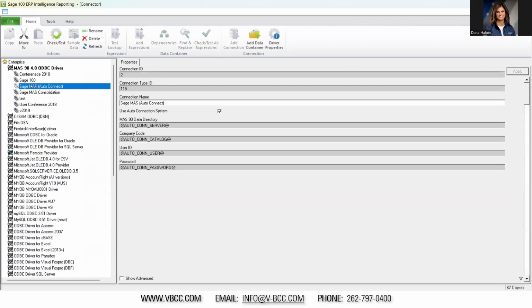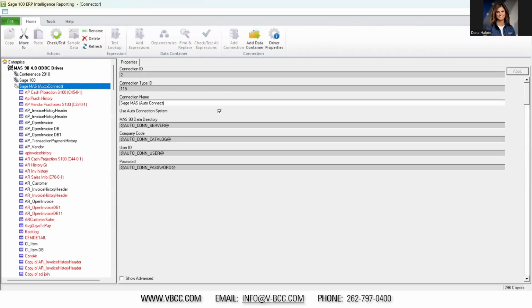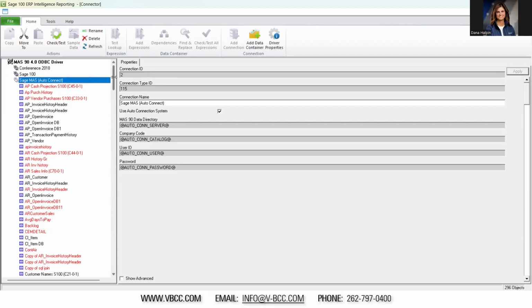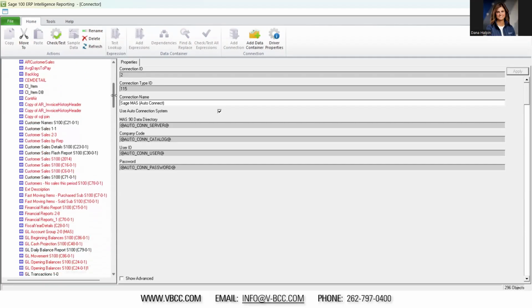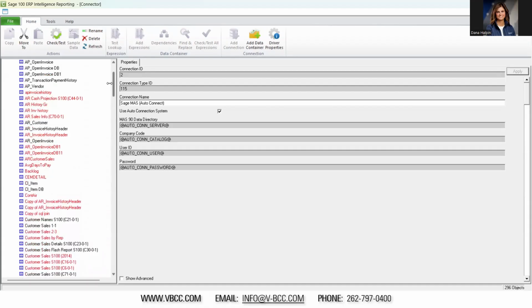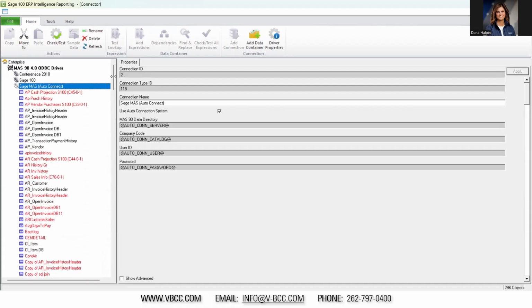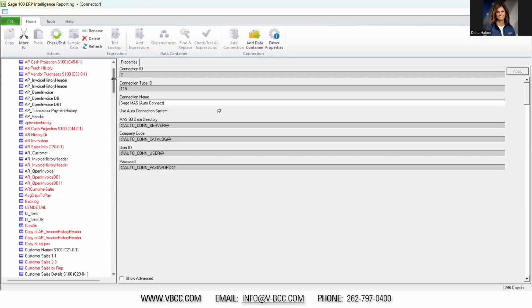The two connections that come with the program are the Sage Mass Auto Connect for one company in Sage 100 or the Sage Mass Consolidation if you were consolidating many companies. Under my Auto Connect, you'll see I have all these containers already built. We design custom reports for many of our customers, and we have all these different containers that we can use over and over again. We can save them, we can export them and import them into our customers' install for them to be able to use them as well. So each one